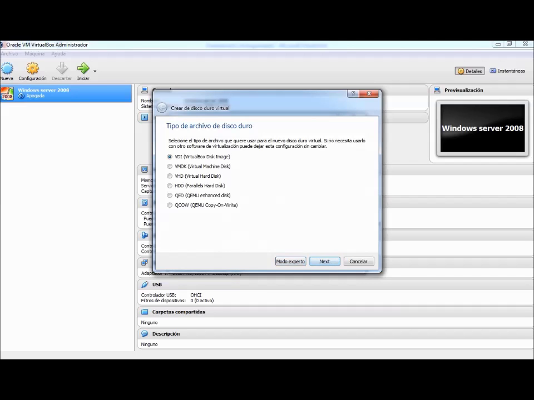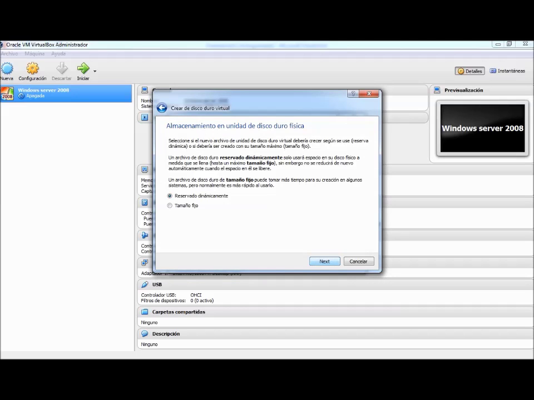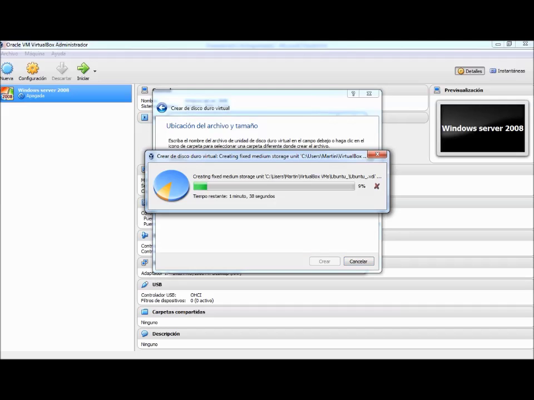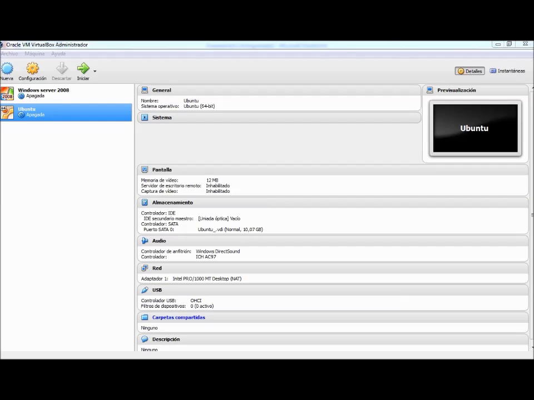Next, and we don't need to modify anything here, so click on next, and we are going to choose a fixed size. Click on next, and I'm going to give it 10 gigabytes of hard disk for this virtual machine, and click on create. This will take some minutes, which could vary depending on your computer. When the virtual machine is created, we only need to click on start, and the virtual machine will begin to